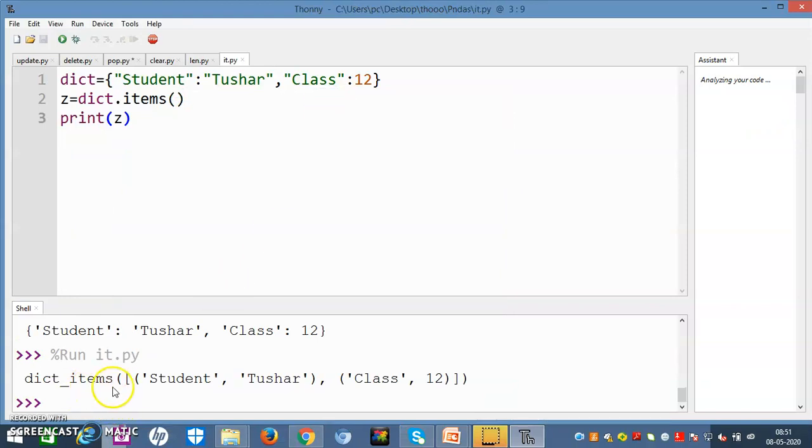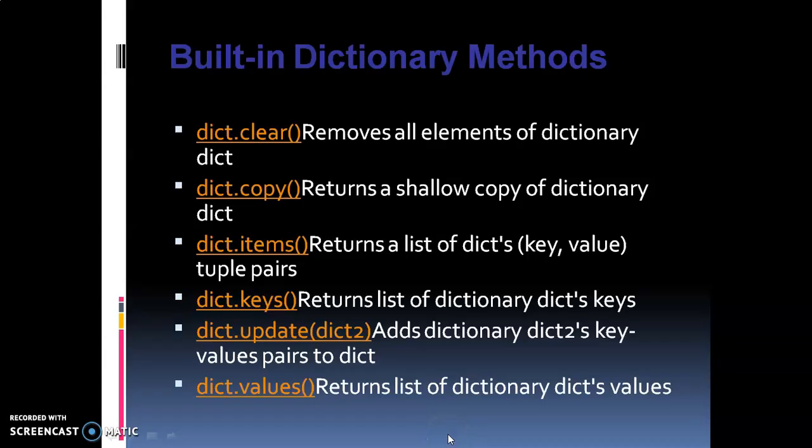Look, dictionary items are stored. These have been transferred in the form of tuples, right? Tuples are stored in small braces. So let us move to the next.